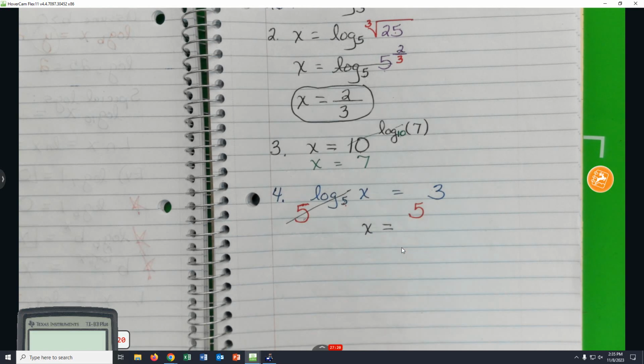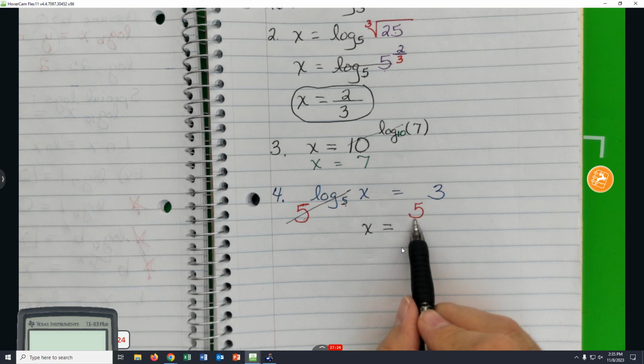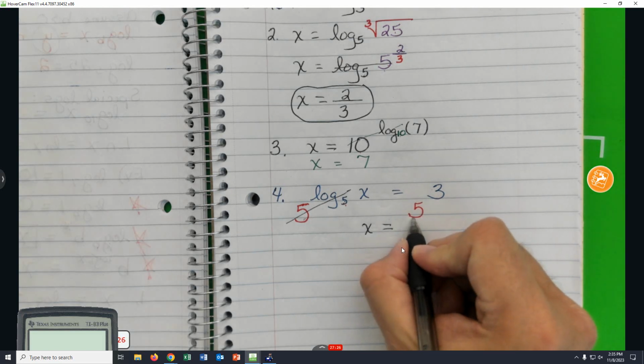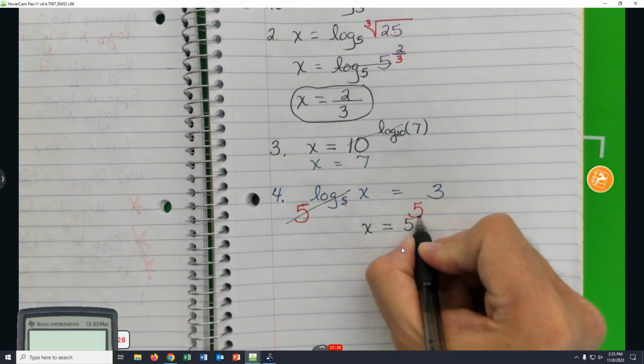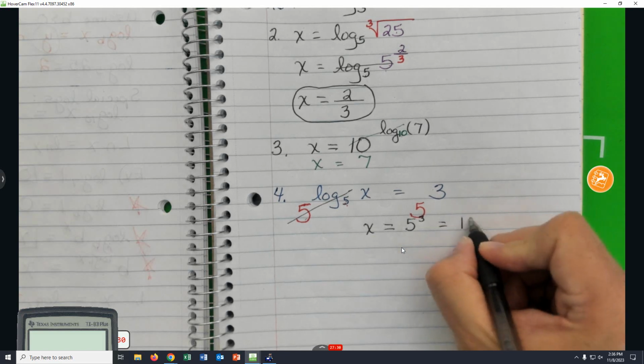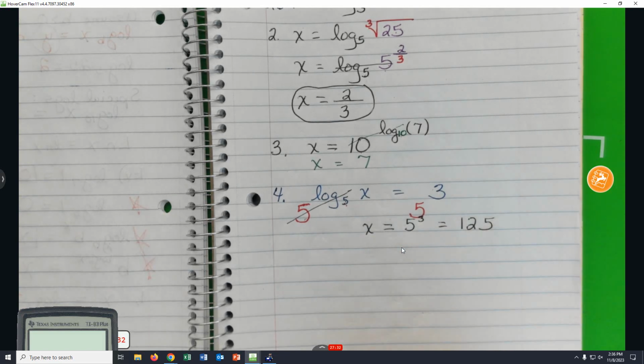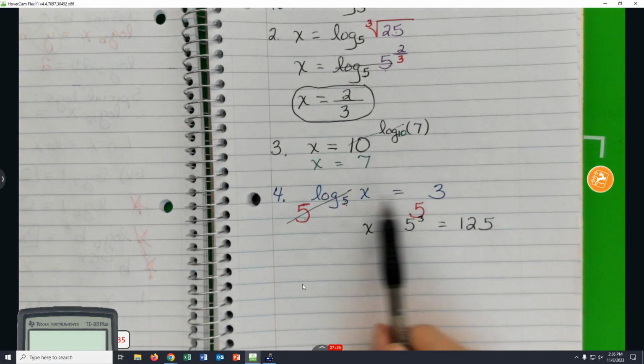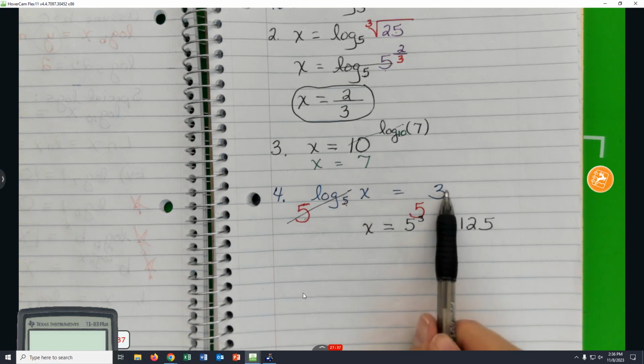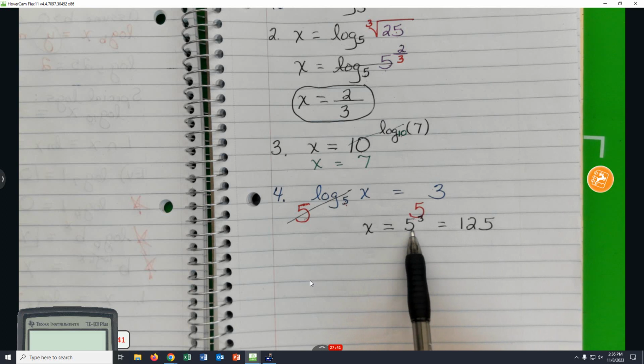This is 5 to the third. No, don't say 15. 5 times 5 times 5 is... Let me write it neater. It's 5 to the third. And did I hear 125? Mm-hmm. You'll see, at this point, the blue stuff is exponents. So we have 5 to the third, 5 times 5 times 5,